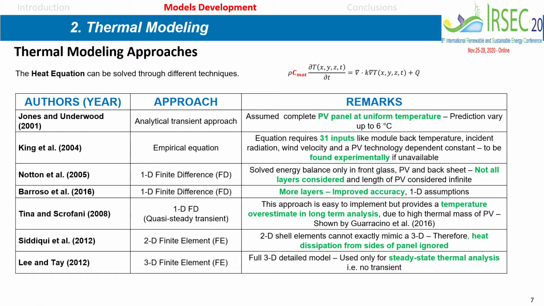Just to show you some of the existing models out there. This is not exhaustive, but we're just listing some of them, and we're listing here the disadvantages of these models, and showing also the need for a more accurate and more inclusive and generalized model. Especially, the model that we would like to develop has to be fully transient, has to be simple, and has to be computationally feasible.